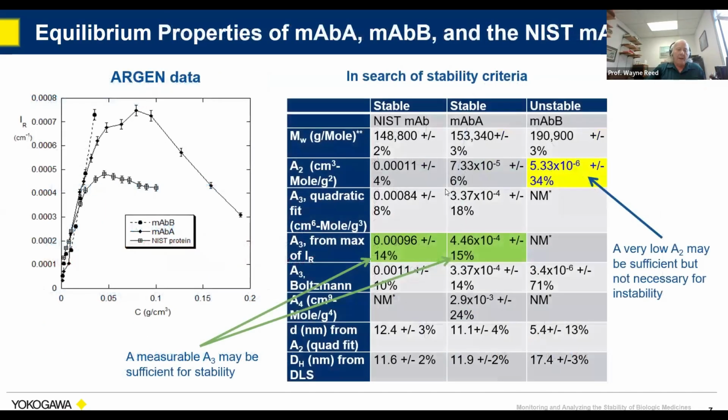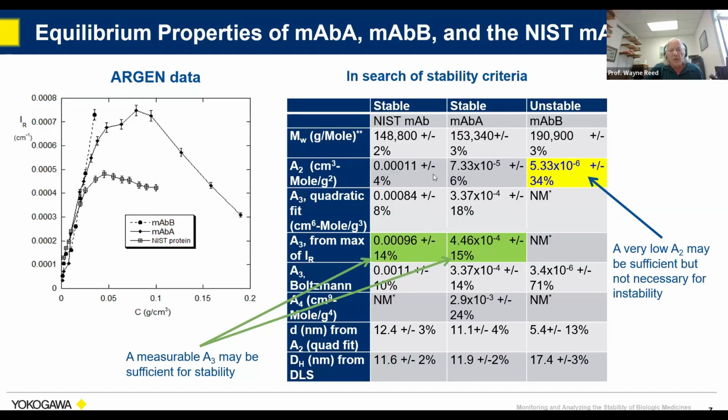Okay, so I don't want to dwell too long on this, but one of the ideas is that in order to anticipate non-equilibrium behavior in biologics, maybe there's some equilibrium properties that already tip you off about that. So if we look at A2, for example, remember that comes out of here. This curve is the one I just showed. This one here is from the National Institute of Standards and Technology. They have a standard monoclonal antibody now. And this one here was also from Biogen, but it was not suitable for formulation, was abandoned. This one here did make it commercially.